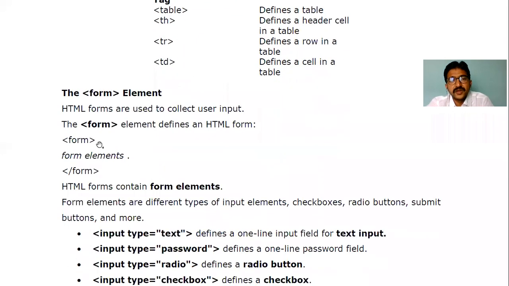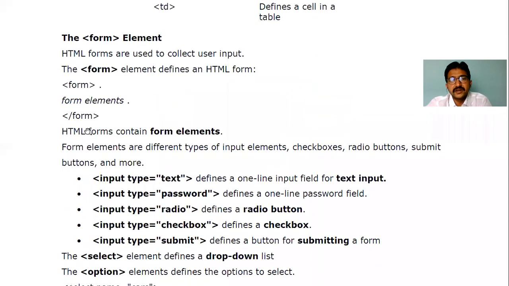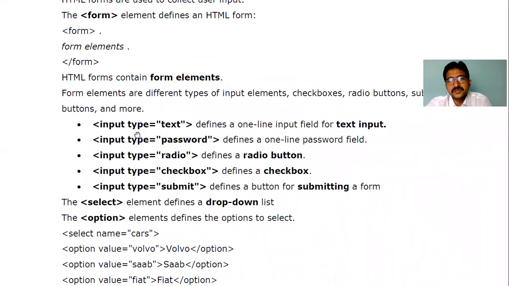To insert a form, we have a tag called form. Form means when you want to insert a registration form, a sign-up registration form, you can use the form element. Inside the form element, you can use a lot of inputs. For example, if you want to enter a username, you can use the input tag, for reading input from the form or from a web page. Input type equal to text for normal usernames. If you want to insert a password field, type equal to password.